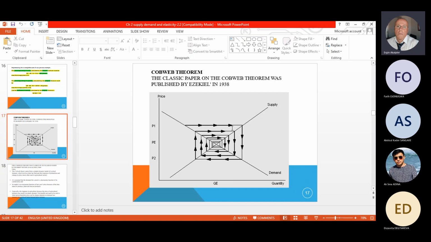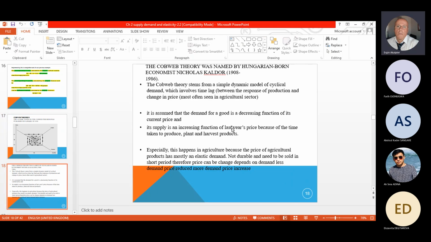Either it goes towards the equilibrium or it moves away from the equilibrium. And this depends only on the position of the supply and demand. How it happens and how it affects and changes the supply and demand, let's see. The cobweb theorem was named by the Hungarian-born economist Nicholas Kaldor, and it stems from a simple dynamic model of cyclical demand, which involves a time lag, which means